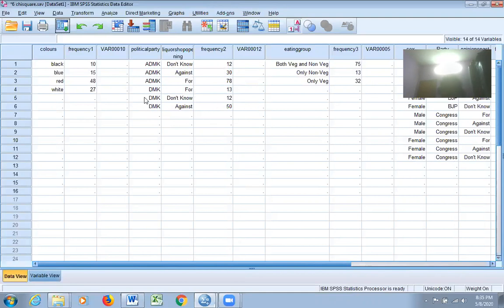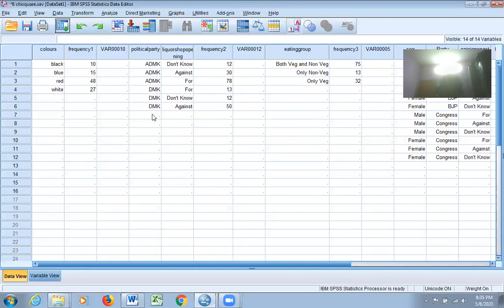The same question we asked to the respondents who are in DMK, whether you are against, in favor of, or neutral with regard to the opening of wine shops or liquor shops. We got the frequencies. I have not entered individual data. I have counted the individual data and I have given only the frequency. The hypothesis says that there is no association between the political party affiliation of the respondent and whether they are in favor of, against, or neutral with regard to the opening of liquor shops.